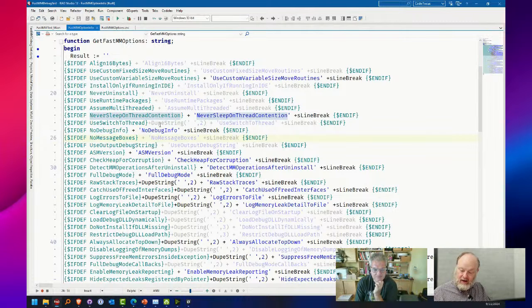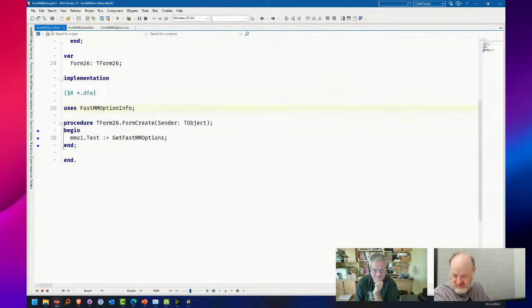Although what I did is if it's a nested one, if it requires the feature above it, then it puts this dupe string where it puts a spacing in there. But I realized that you could still have the parent one disabled and then that one enabled, and it wouldn't. So I need to fix that. But it does give you some information there.